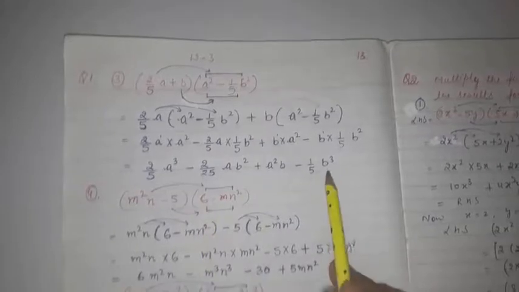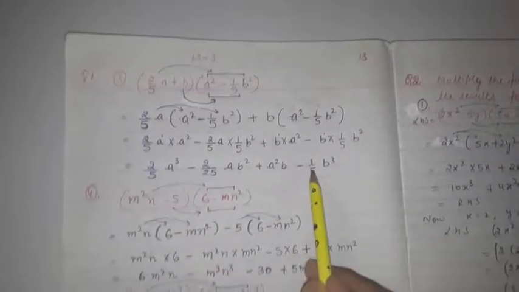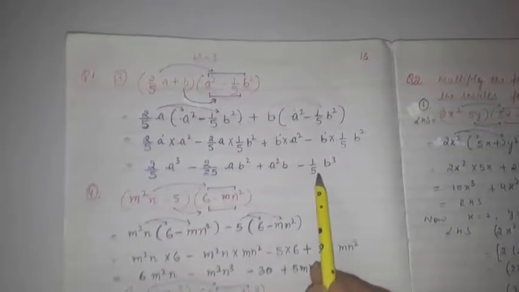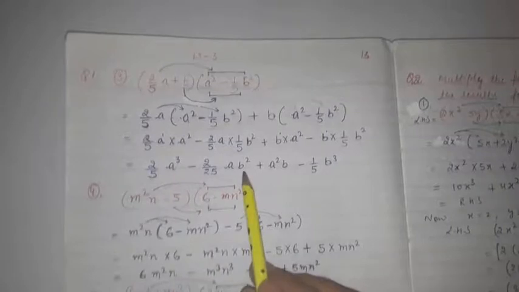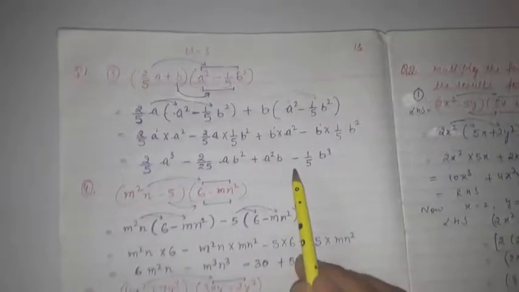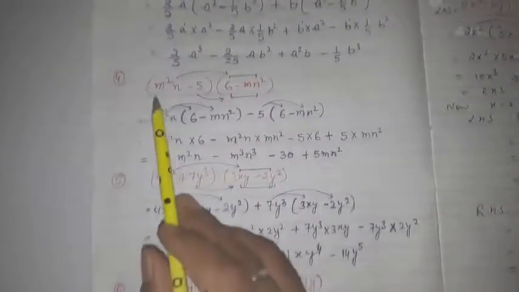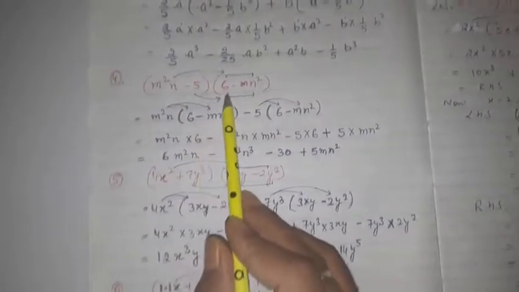So this is the answer, because these all are unlike terms. We can't add or subtract these. It is with a cube, ab square, b and b cube. All are different. Now the fourth part of this question number 1 is (m square n minus 5) into (6